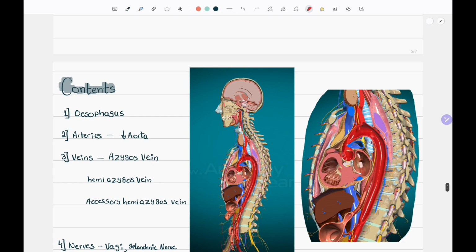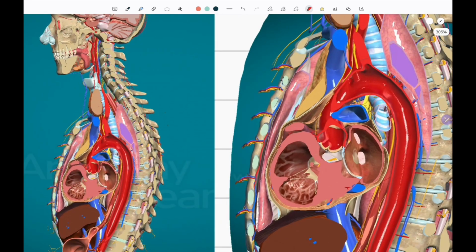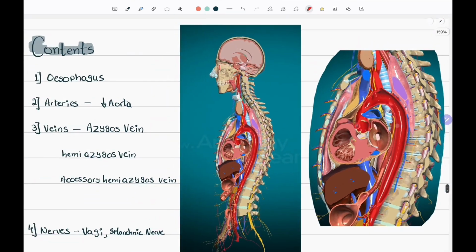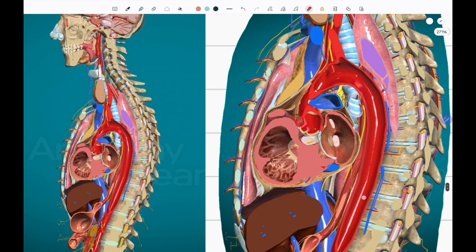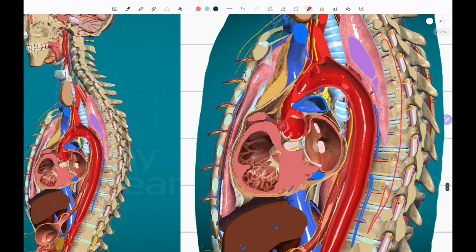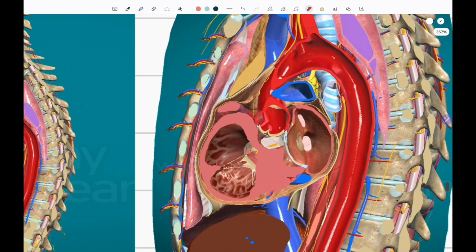So with the help of this diagram we will be covering it once again. This is once again a sagittal section. Now this one is our heart and I have zoomed it in. So this is my vertebral column and the heart sits in the middle mediastinum. So everything which is posterior to the heart will form the boundaries and contents of the posterior mediastinum. So this one is our heart. So behind the heart is the